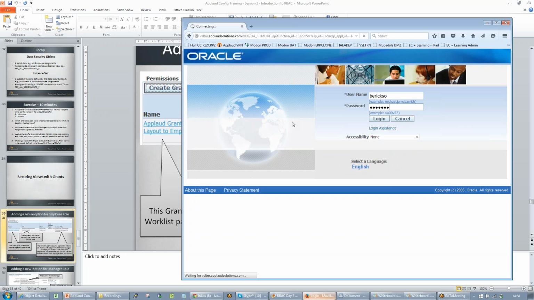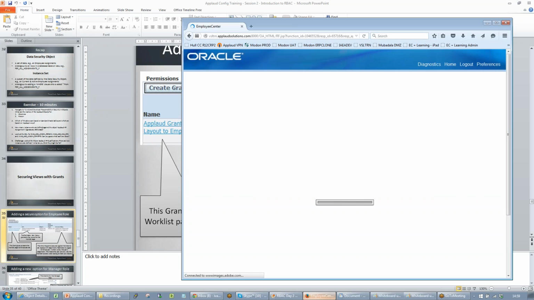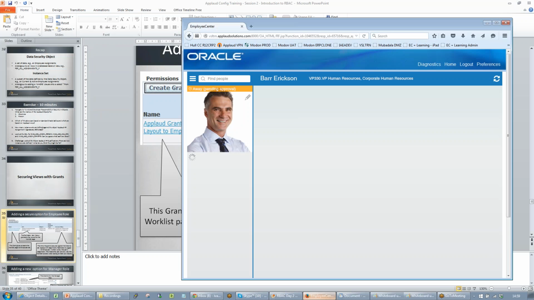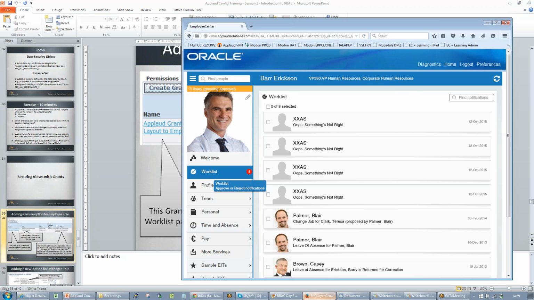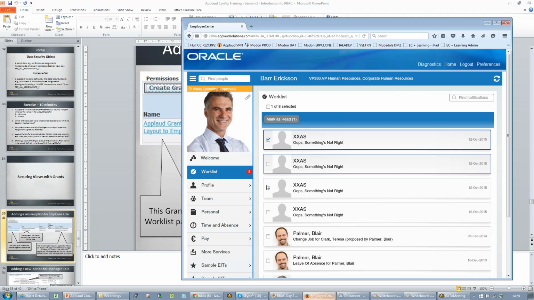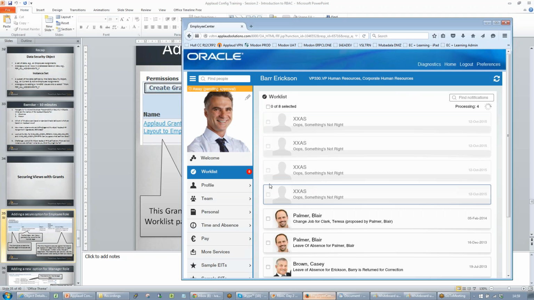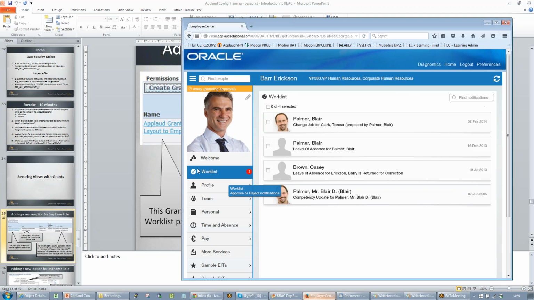I'm going to log in to my favorite user, Barry Erickson. Right, so the topic we're talking about is this one called work list. Just for my own satisfaction, I'm going to get rid of these messages I don't want to see. Okay, so work list is an option that you only see on your own menu. Okay, it's an employee-only menu. Work list, it allows me to approve or reject as a manager the notifications that have come to me for